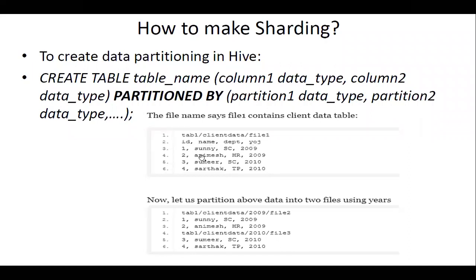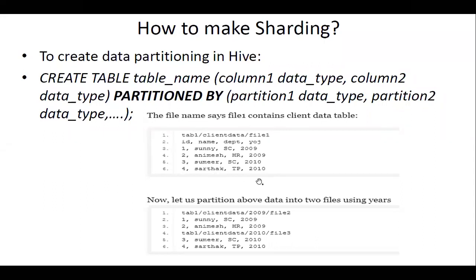There are 4 records given, 1, 2, 3, 4, with a name, department, and year of joining: 2009, 2009, 2010, and 2010. So there are 2 records with year of joining 2009, and 2 records with year of joining 2010. This is a very simple small example.